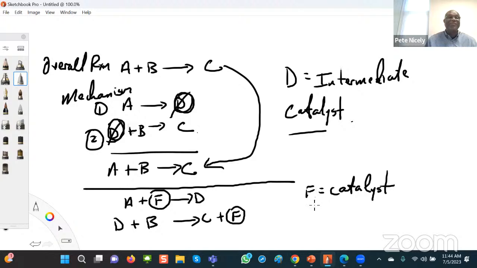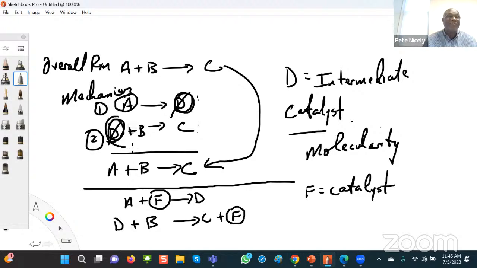Another term I need to introduce to you is this term of molecularity, all right? Which will become important in the question we're about to look at. So the molecularity is basically the number of particles that are reactants in an elementary step. So each of these would be elementary steps that is involved in the mechanism, right? So basically, to determine the molecularity of any step, all you have to do is look at the number of substances involved, molecules involved in each step. So in this case here,